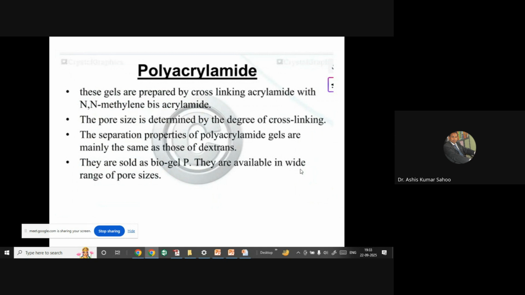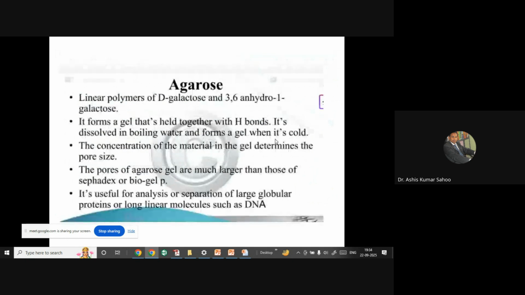Pore size is determined by the degree of cross-linking, which gives the separation properties. So this is polyacrylamide used in the stationary phase. Agarose is also used in